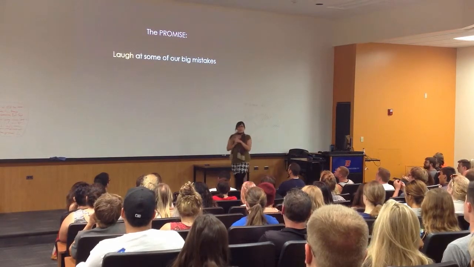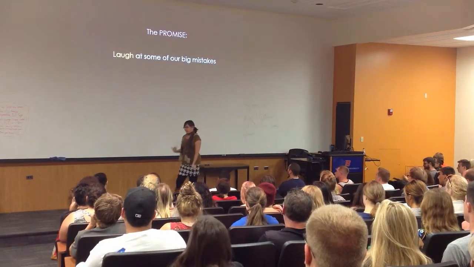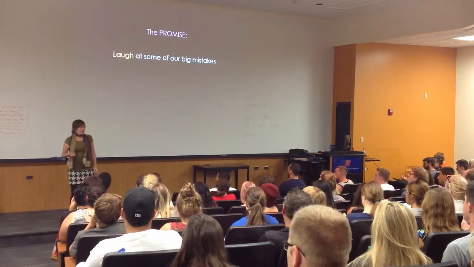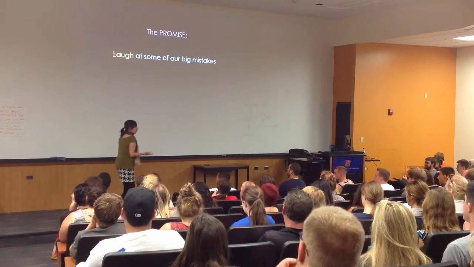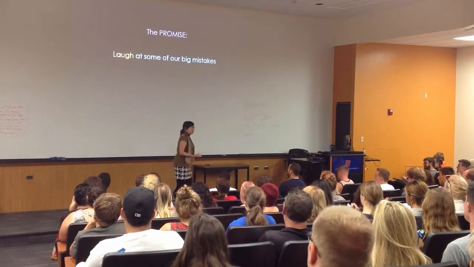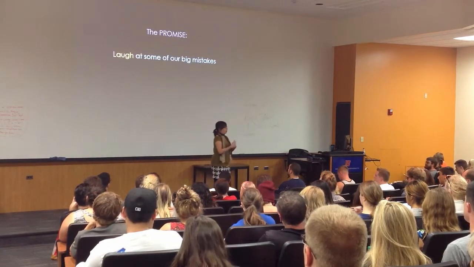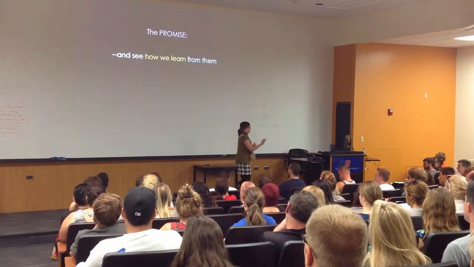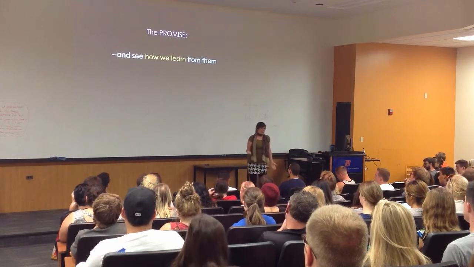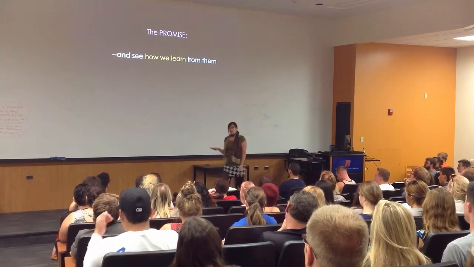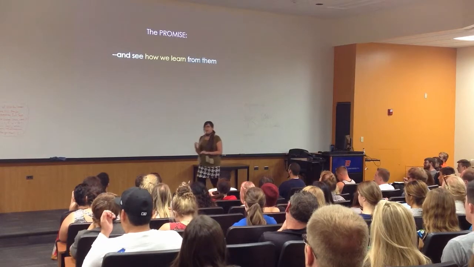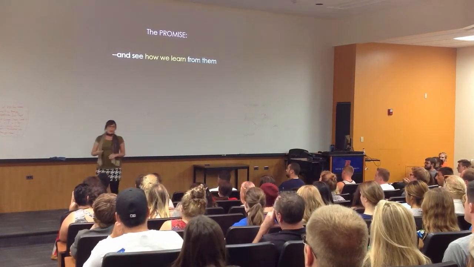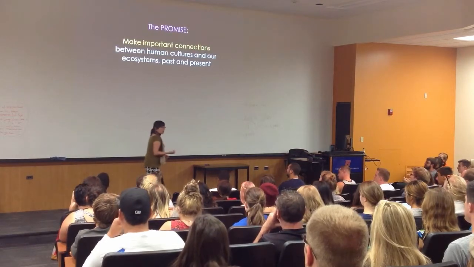We're going to talk about some mistakes. Archaeologists are scientists. Scientists are very good at making mistakes. We make lots of mistakes. Making mistakes is how we learn. Many of you think of scientists with white lab coats making medical advances, things that we actually have to be right about. But science in its purest form is about being wrong. So you're going to laugh at some of our mistakes. The best thing about being wrong is that we learn from our mistakes. Science is about constantly testing, about a cycle of learning. It's not about being right all the time. It's about being wrong sometimes.